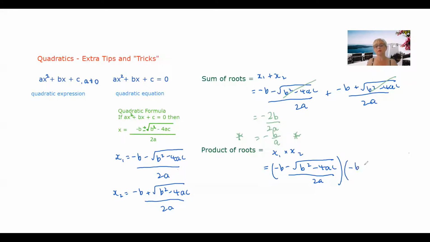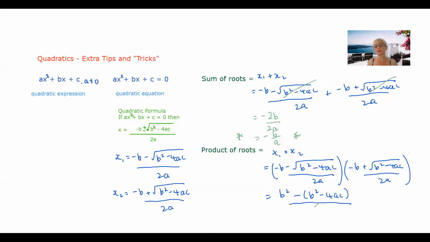So negative b plus this. So what's going to happen when we expand that out? We shouldn't have to do that the long way. We're going to get negative b squared, which is b squared, minus this square root squared. If you square a square root, you just get back where you started. So we get that all over